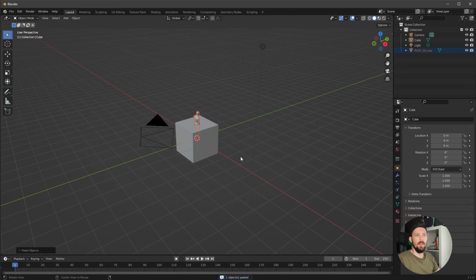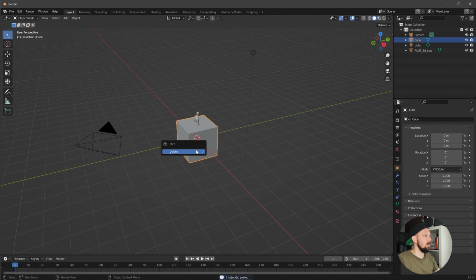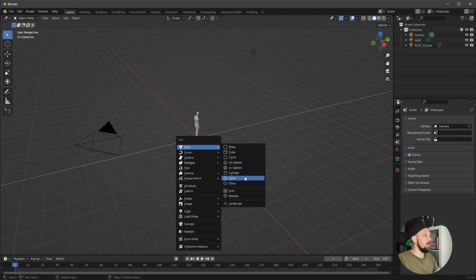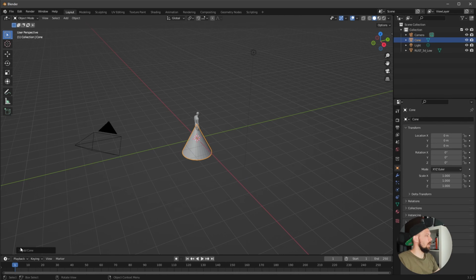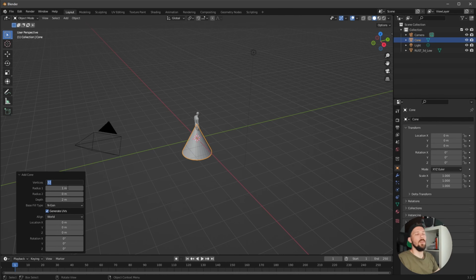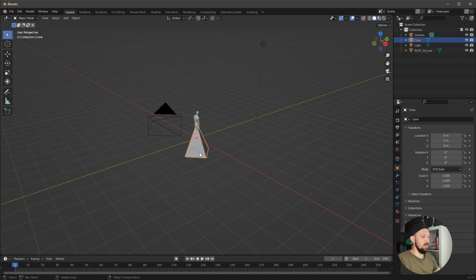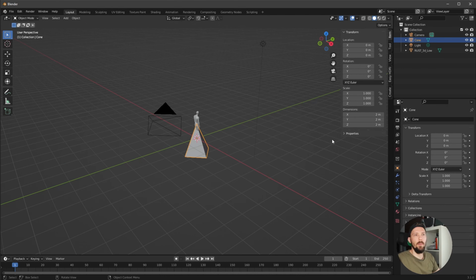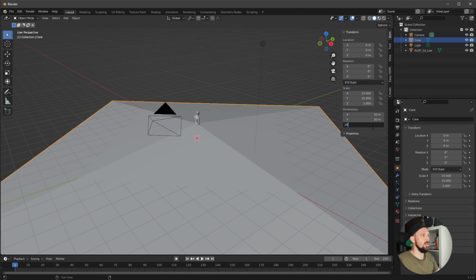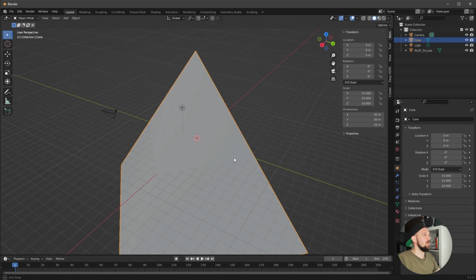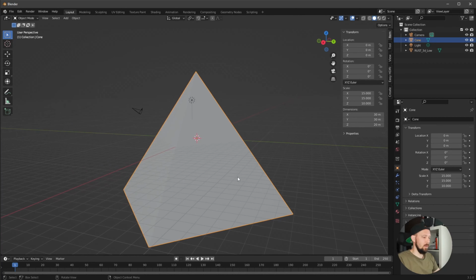So we are in a fresh Blender scene, and today we don't use the cube. We want to use a cone instead. Let's change the vertices to 4. Now we can go ahead and change the dimensions to 30 by 30 by 20. So we have a big